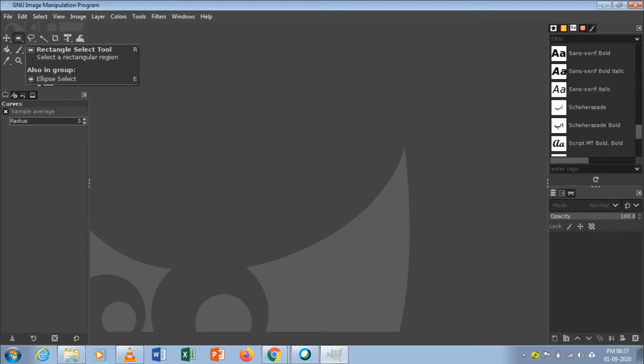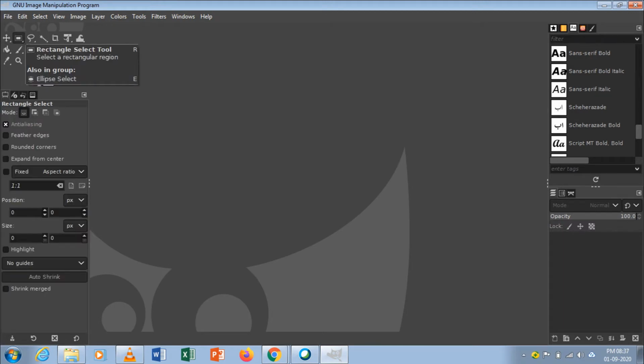Okay, in the middle of the screen is the image window. What is the name of that? That is the image window. You can insert the image in the middle of the screen. If you want to edit an image, or change the background, you have to insert it in the middle of the screen. That place is called the image window.